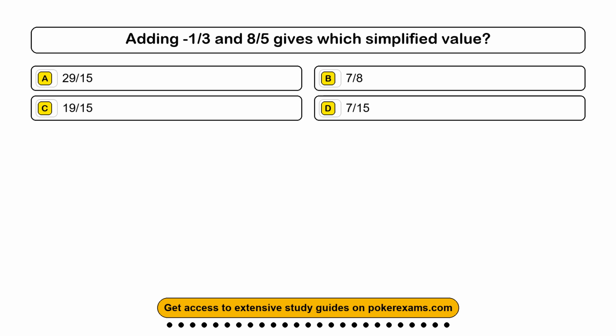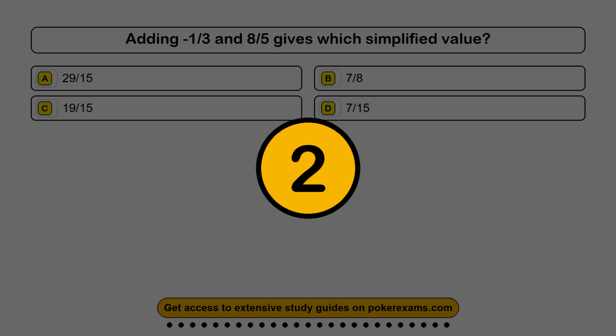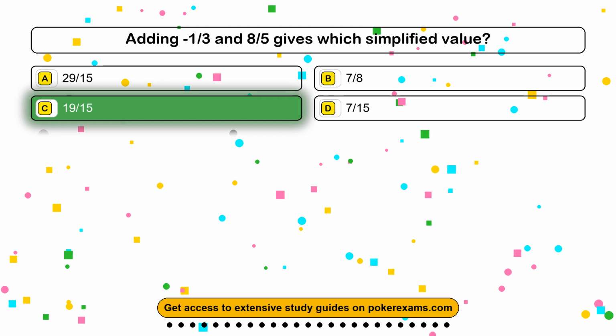Question 1. Adding -1/3 and 8/5 gives which simplified value? Option A: 29/15. Option B: 7/8. Option C: 19/15. Option D: 7/15. The correct answer is option C,